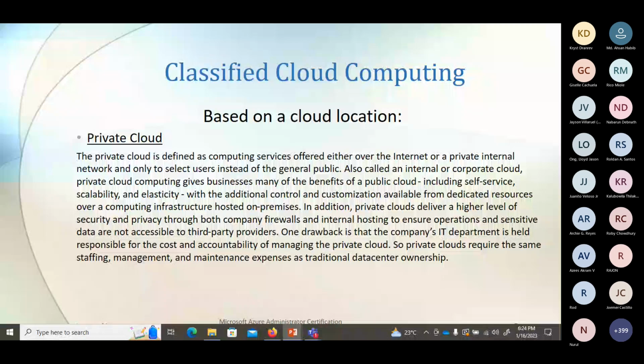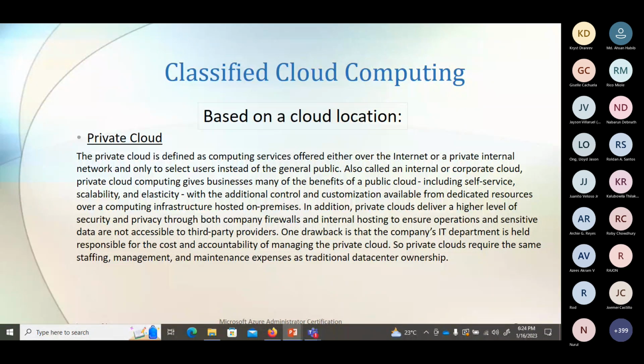One is from your on-premises firewall or on-premises security, and another is from the cloud provider. So you have two securities here. And there are no third-party providers here,